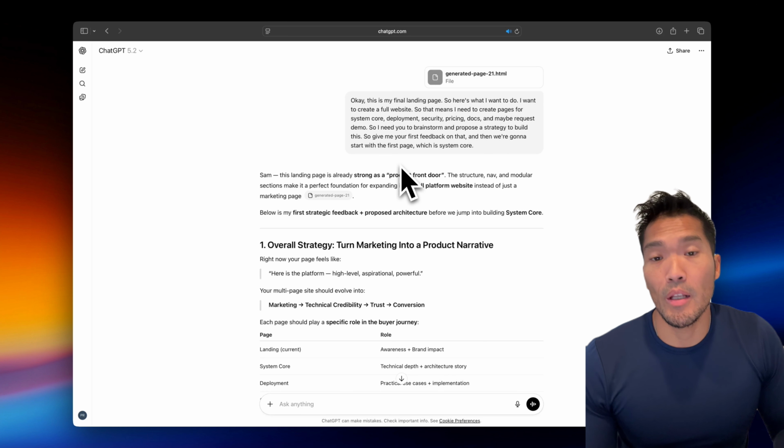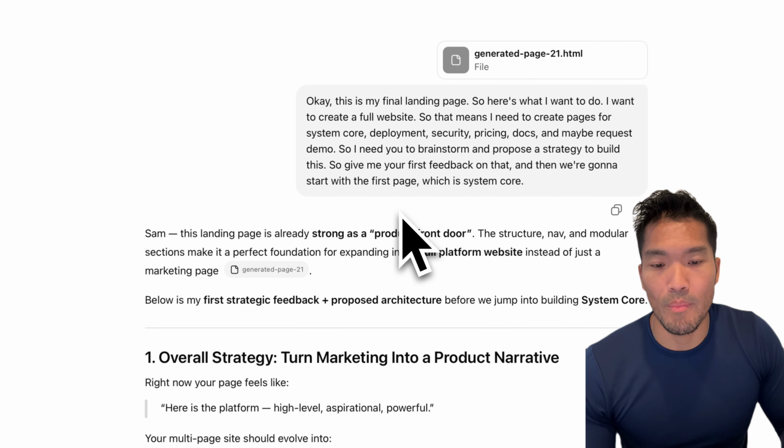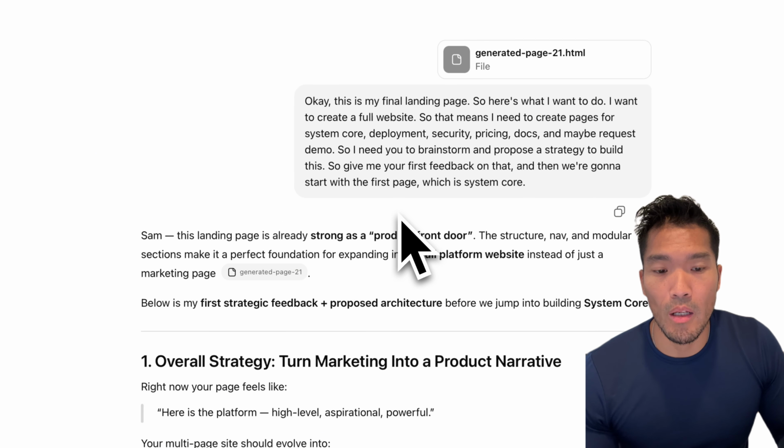prompt. And if you watched my previous video, you already know I use this process a lot, going back and forth between Gemini and ChatGPT. But you can use the AI of your choice. So here's the first step. Download the final HTML of your main landing page, upload it to your AI, and add something like, "This is